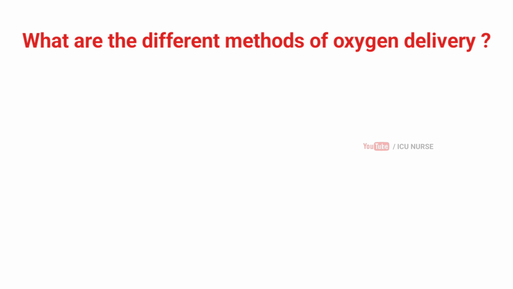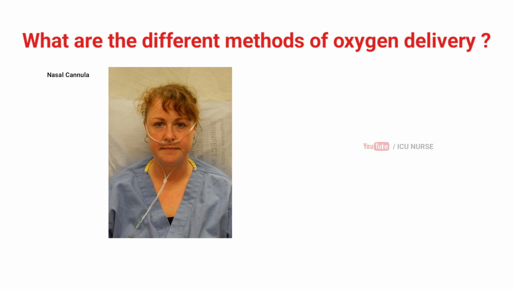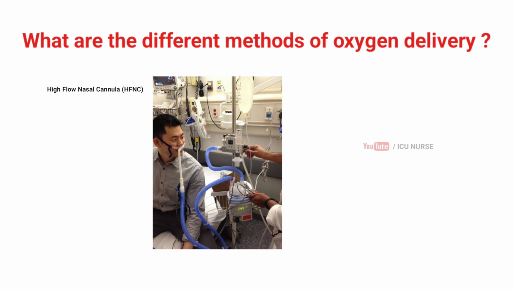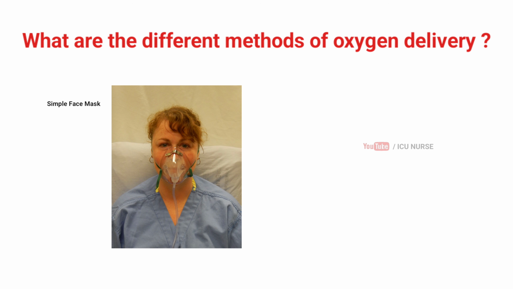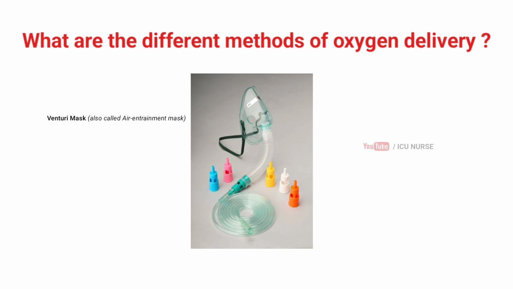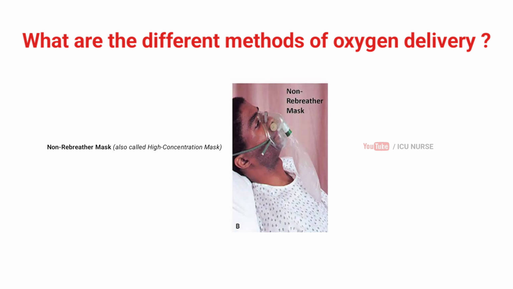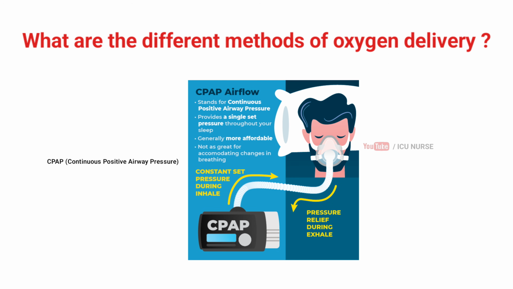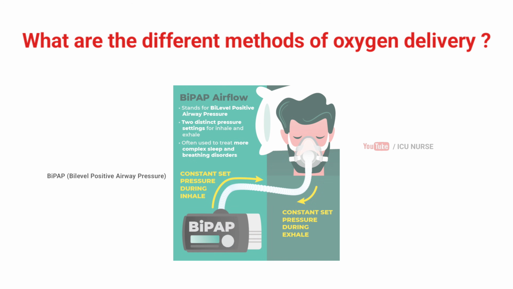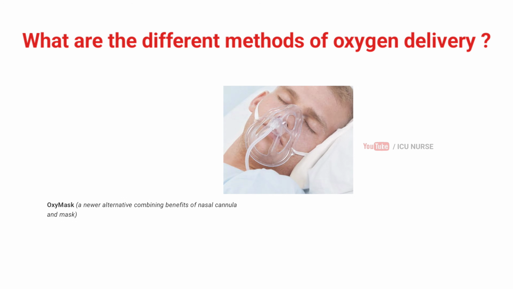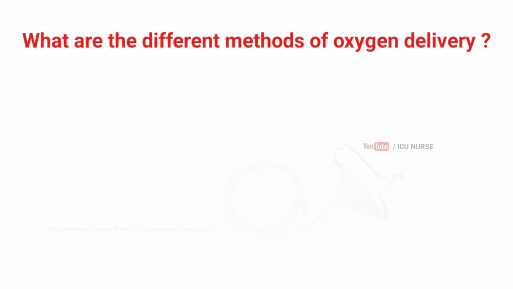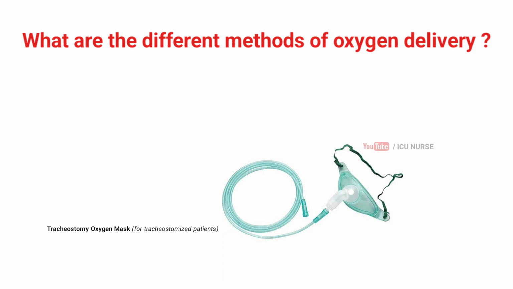What are the different methods of oxygen delivery? Nasal cannula, high flow nasal cannula, HFNC, simple face mask, Venturi mask, which is also called air entrainment mask, partial rebreather mask, non-rebreather mask, which is also called high concentration mask, CPAP, continuous positive airway pressure, BiPAP, bilevel positive airway pressure, mechanical ventilator, oxy mask, a newer alternative combining benefits of nasal cannula and mask,